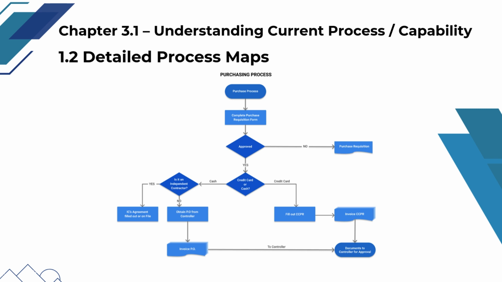In Chapter 3.1, flowcharts help move beyond a high-level SIPOC view to uncover operational complexity, identify risk and error-prone steps, and establish a clear baseline of current process behavior that supports capability assessment and informed redesign decisions in later DMADV